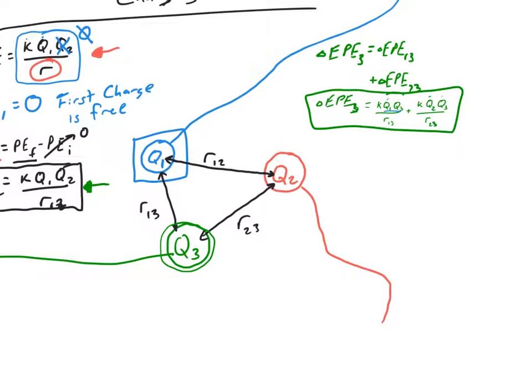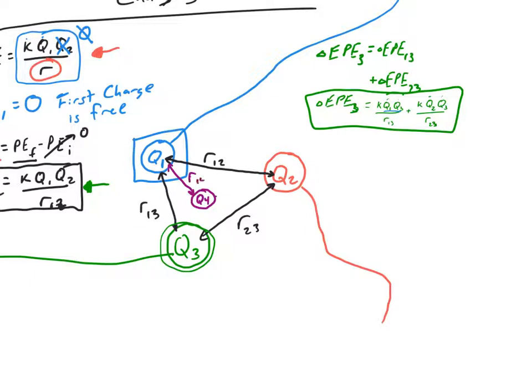Third is done. Next, let's bring in a 4th charge. I'm going to put a 4th charge right here. And the reason Q4 is going there is because I don't want any overlaps in my R's when I draw them. Because there's going to be an